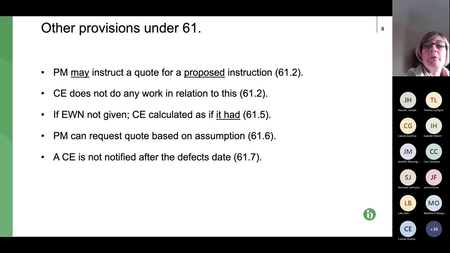Probably the first way of dealing with it is to approach the PM and say, can we make the quote on these assumptions? And if the PM says yes, you can, then that's fine. If the PM refuses, the only practical way of providing a quote might be to put in some assumptions, but there is a risk to doing that. The risk is that the project manager accepts and then the assumptions come to light,